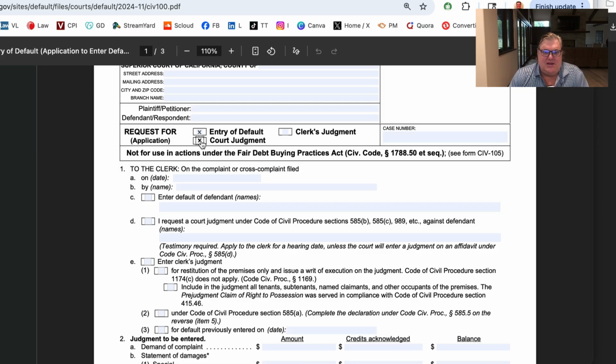So they didn't answer, you're suing them for defamation, you think it's worth $1 million, you want punitive damages, all that stuff, fine. But you're not going to get that with a clerk's judgment, okay? So you want to be over here. So I'm clicking these two, and here you're just telling the clerk on the complaint or the cross complaint filed,